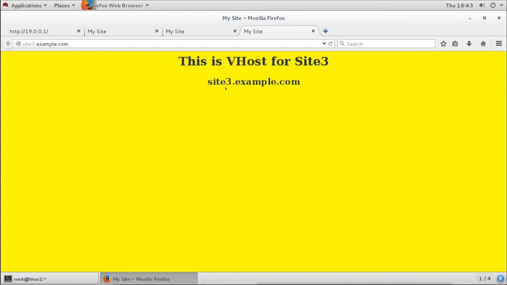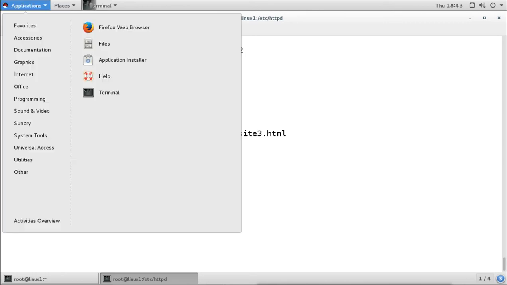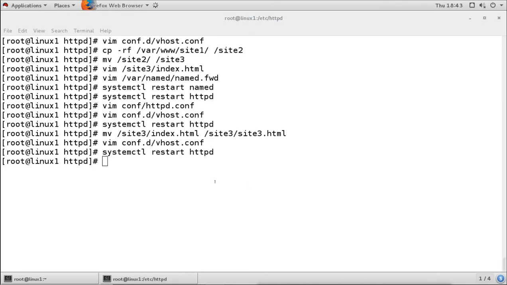And if you want to know the details of your configuration in this Apache server, you can see the manual page. It is available locally on the server. You will not access it from another server or client.